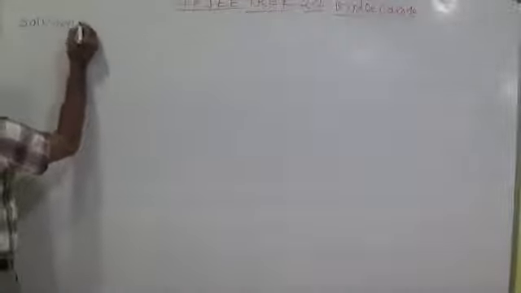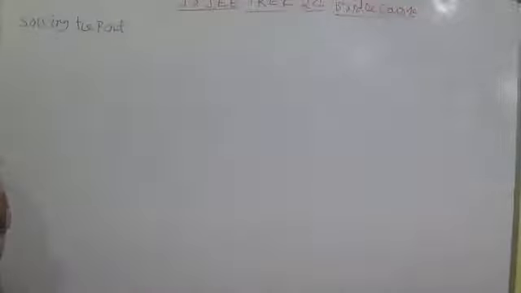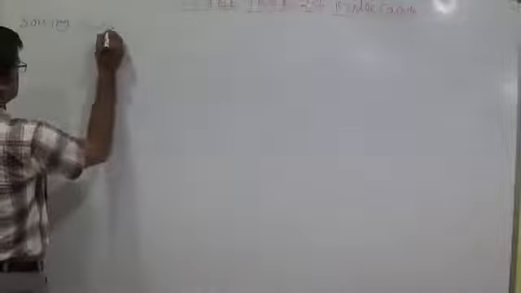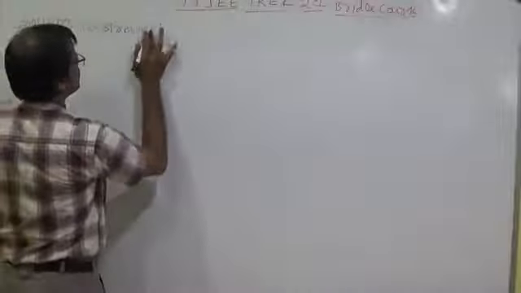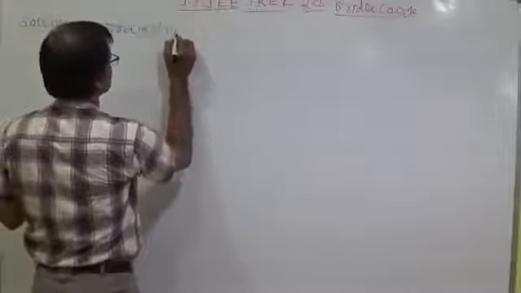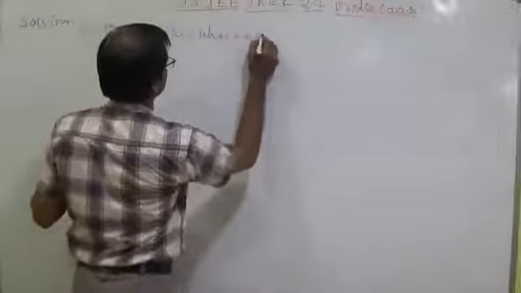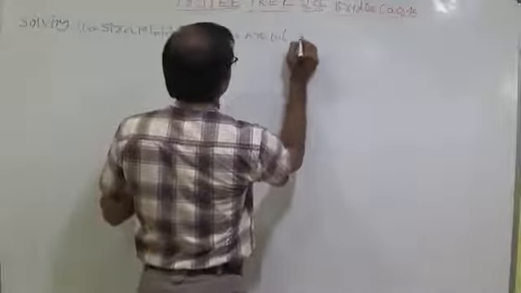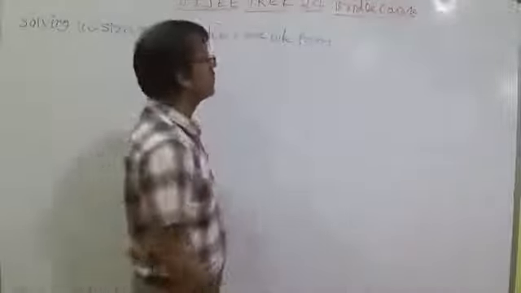Solving the point of intersection. Solving two lines, okay, right? To get the point of intersection, solving two straight lines which are in the form of